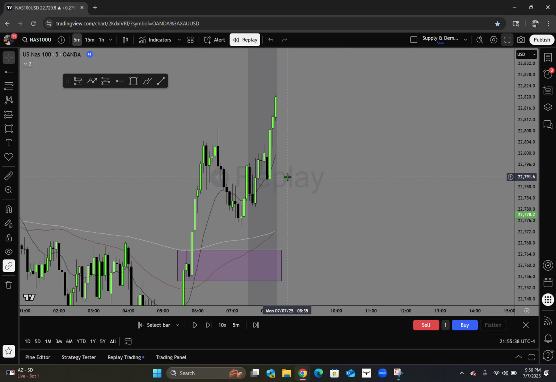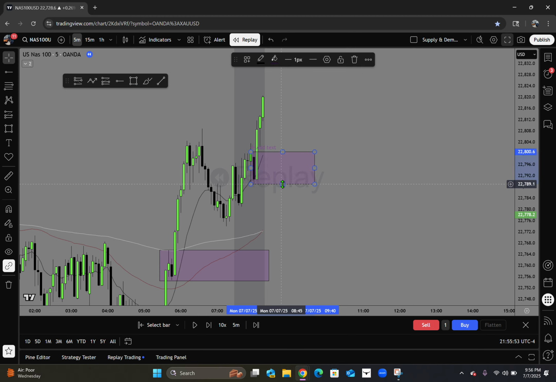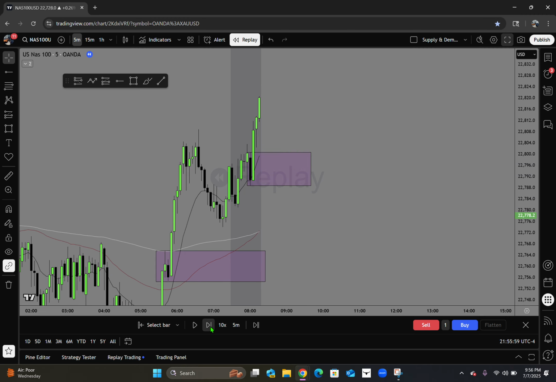Boom. Right here I saw, okay, price broke structure, which just broke this recent high. We got a big bullish candle right here. And we also have a little gap right here. So right here I drew another demand setup, demand zone, that price could potentially come back down to, reject from, and continue the trend. So we just waited for price to come back down and reject off either this zone or this zone. But this zone could have been a little bit invalid just because we got this little low. And if that little low was broken, then it could be indicating that price is now switching trends and is now downtrending because it's breaking structure.